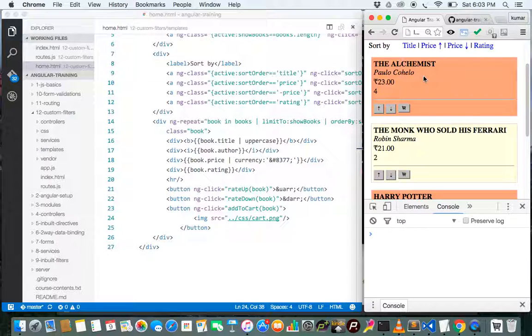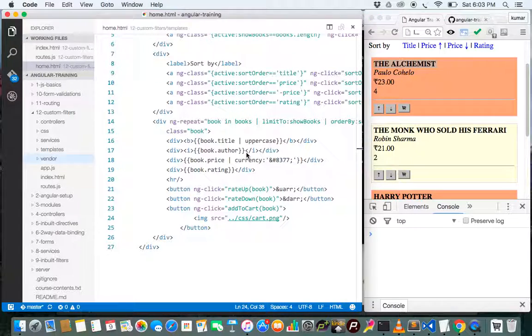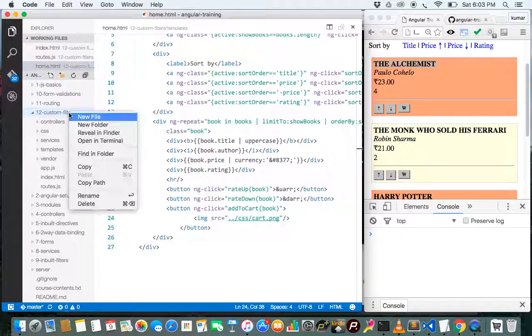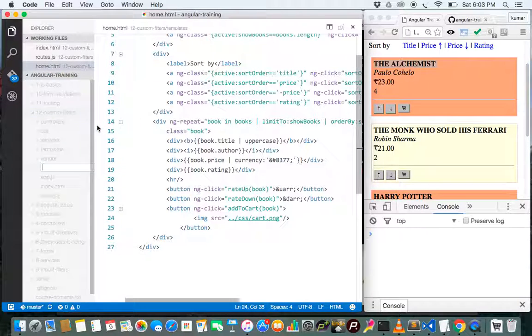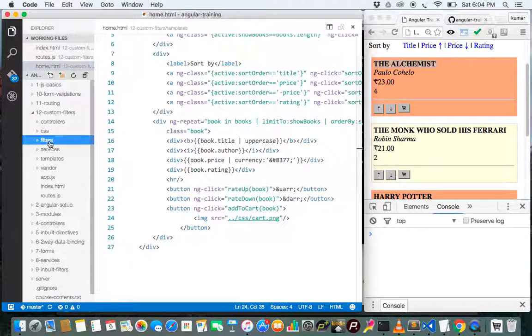So we'll create a filter which will convert this into title case. To create a filter, let's create a new folder to hold all our filters and a new file. Let's call it titlecase.js